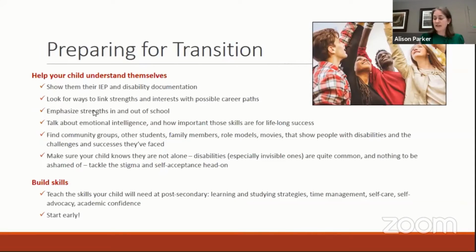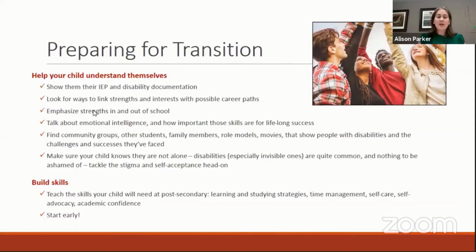If there are ways that you can connect through groups like the Learning Disability Association or programs at the school, family members, watching movies that show people with disabilities overcoming their struggles and challenges, it can really help students to understand what a path forward might look like for them and to really tackle some of that stigma head on, especially for students that have invisible disabilities, really making them understand how common they are and that there's no